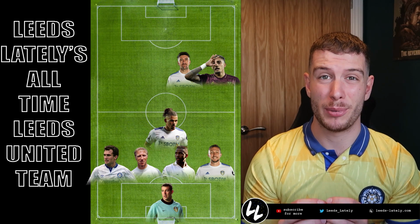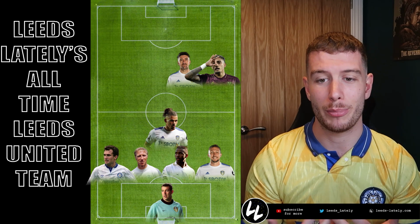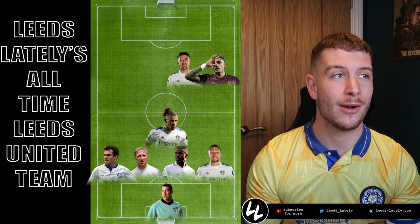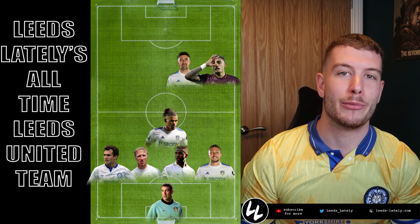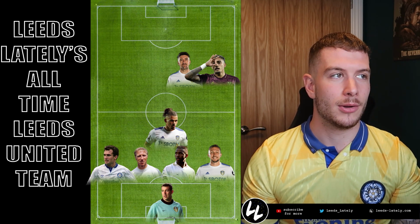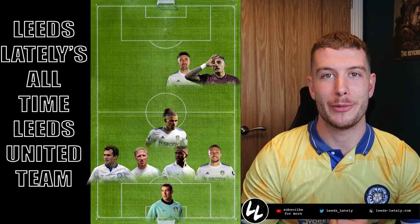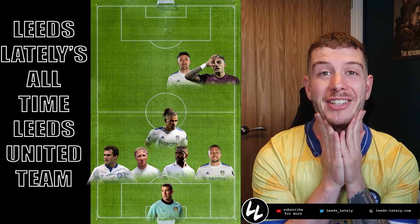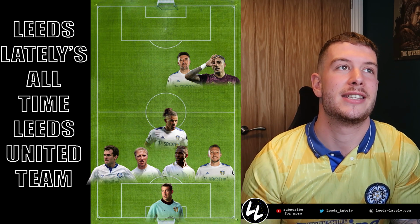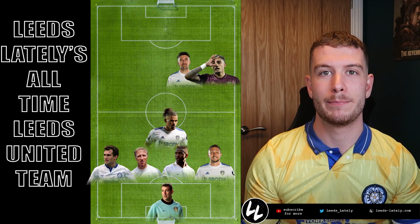That right centre midfield spot, for me, it's got to be Pablo Hernandez. I know it's another recent bias. You've got players like Billy Bremner who've missed out on this team, I'll tell you that now. It's just that recent memory bias, that I've never seen Billy Bremner play because I wasn't old enough. I wasn't born. So Billy Bremner gets on the bench for me, and I can't believe I'm saying that. There's a statue of him outside the ground, but just for this team, like I said, I'm including old and new. And for me, Pablo,